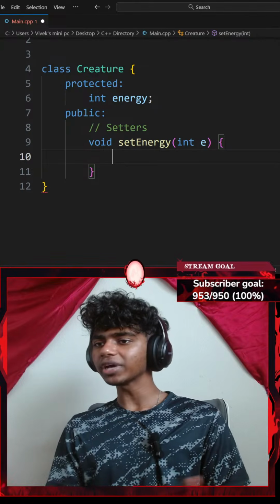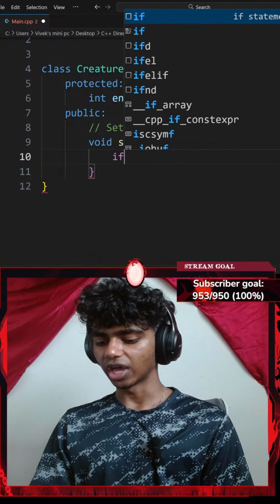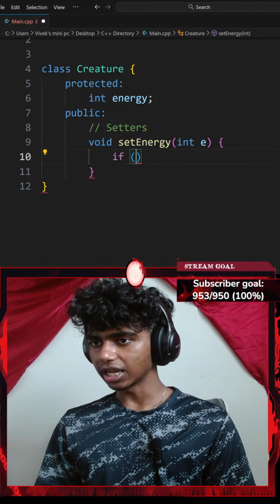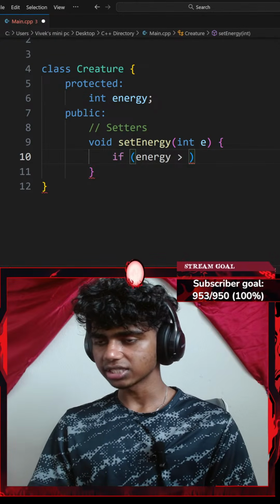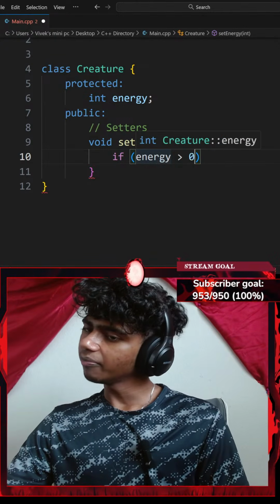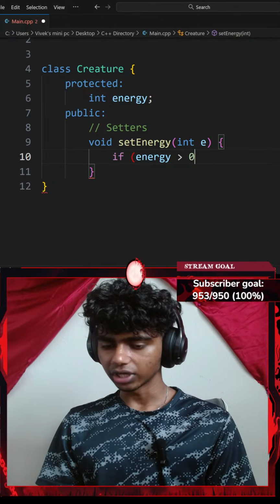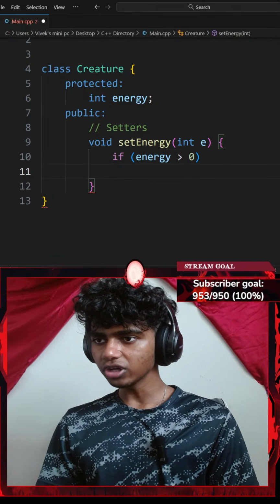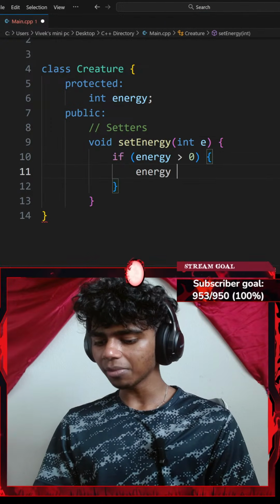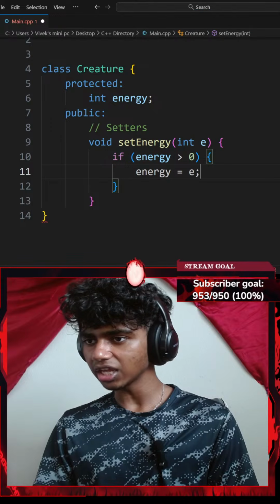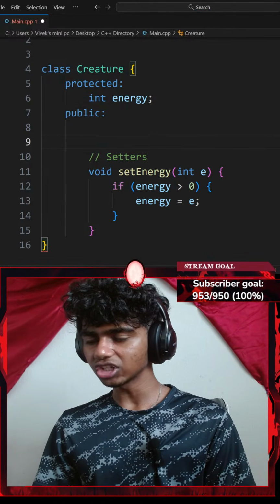Then inside of my setter, I'm going to add an if statement with a pair of parentheses. Let's do something like if my energy is greater than 0. Then I'm going to add a pair of curly braces and set my energy data member to be equal to e, ending with a semicolon. And before I create my getters, I did forget, let me go ahead and create a